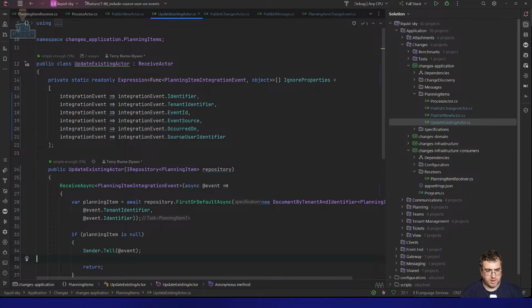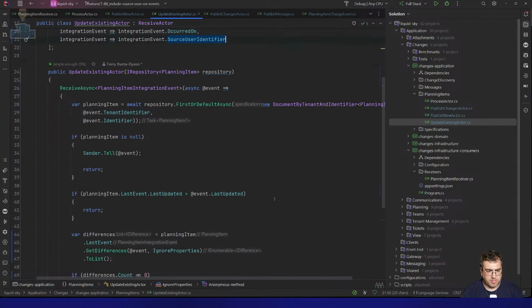So now our source user identifier will get attached to our event. The reason I paused there is I have considered recently, this will be a massive refactoring, what it means to have the identifier as the key of the events. And I'm thinking that actually I need a little bit more on the key. I think I need to build an actual constructor key, which is kind of like tenant identifier slash identifier. Not just for collision potential. I mean, again, you have to be pretty unlucky to find a GUID collision, but more for the